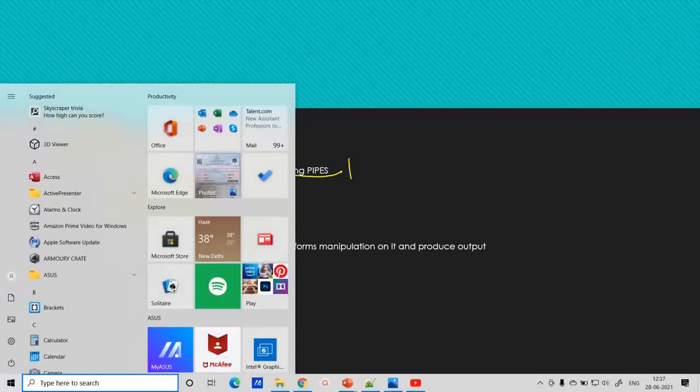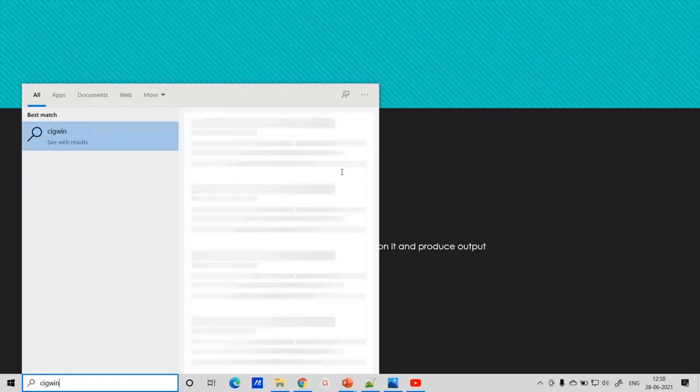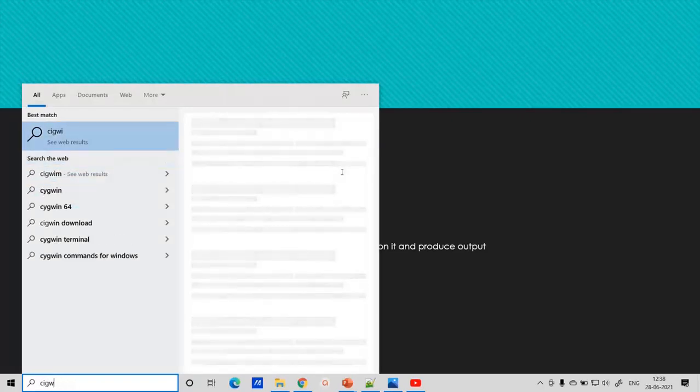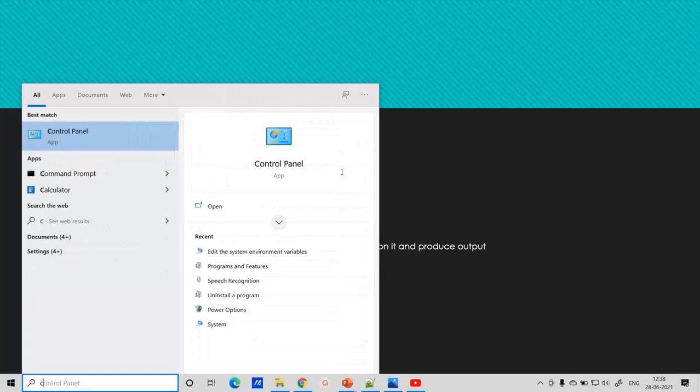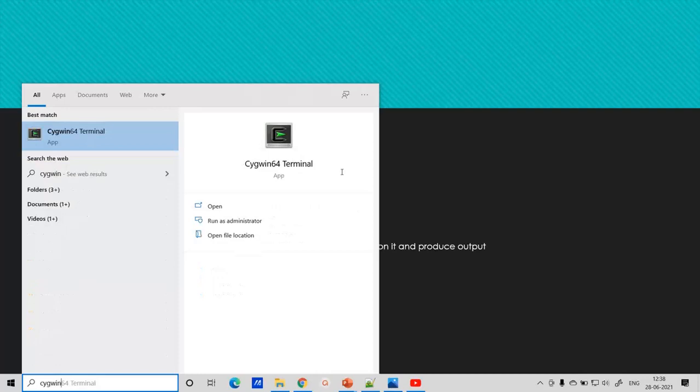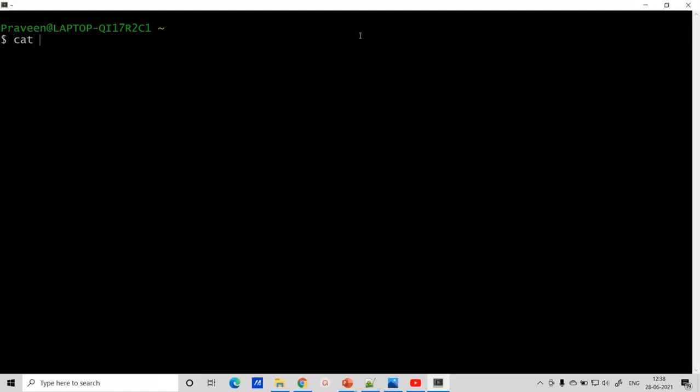So we'll just go to Cygwin. I'll open the terminal. In the Cygwin terminal, suppose I create a file using the cat command.